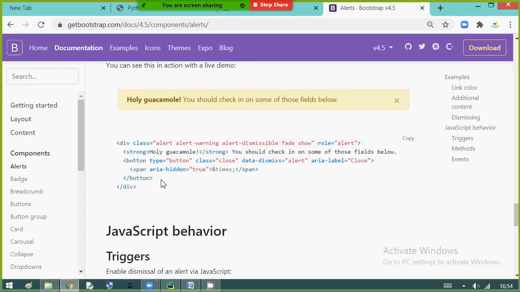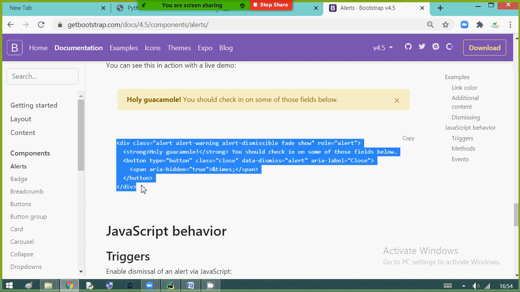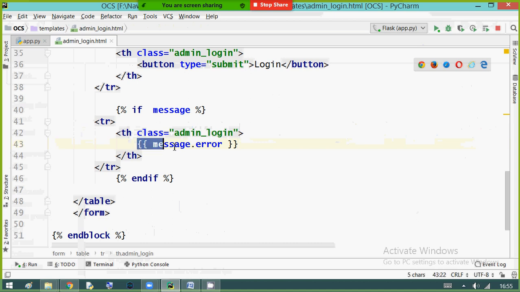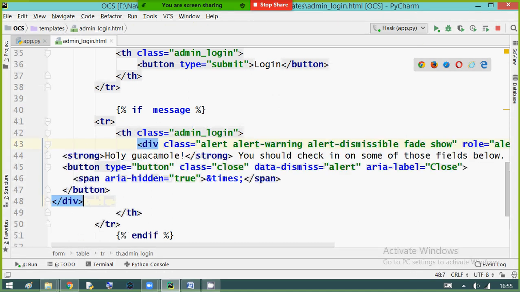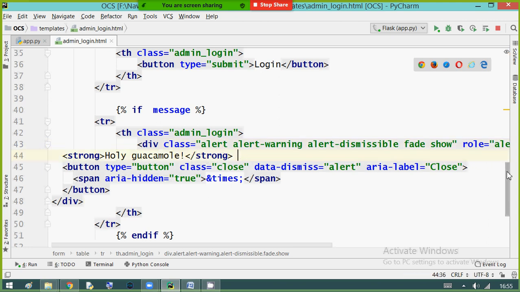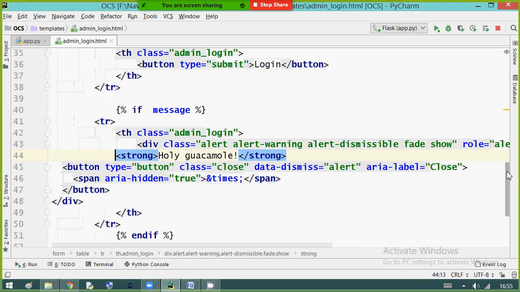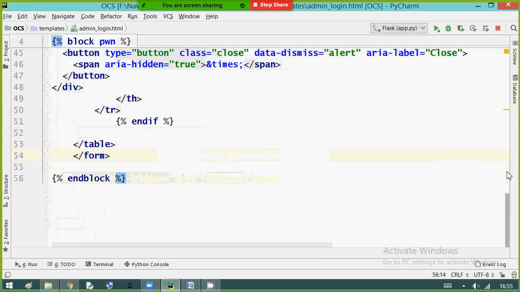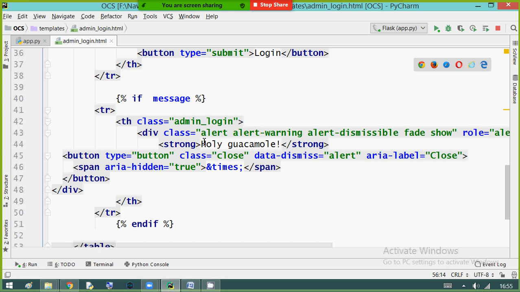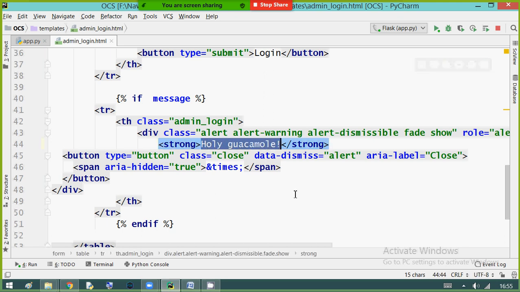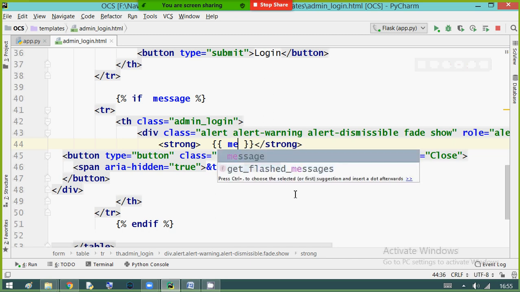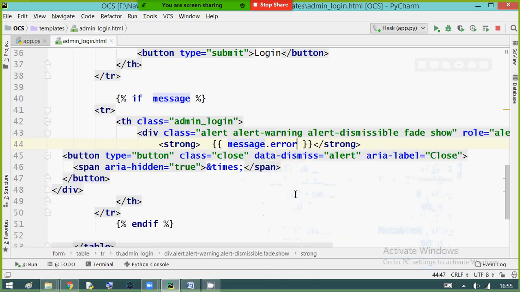Now simply copy that code and paste here. It may contain a lot of code content, so I'm just modifying it. Observe, we are using a div element here. Inside the div element, some strong. Inside the strong, there I'm showing my message dot error.